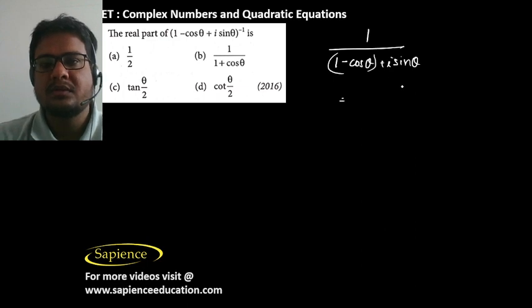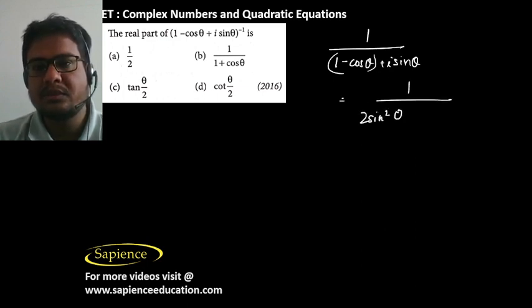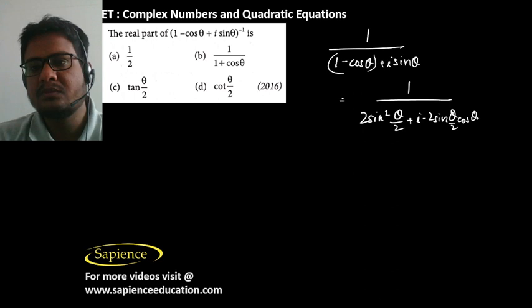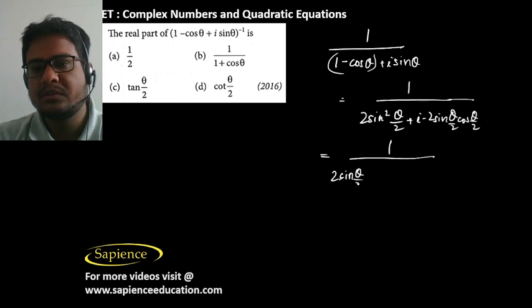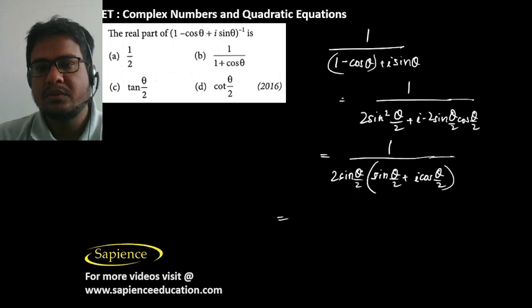Now 1 by 1 minus cos theta can be written as 2 sin square theta by 2, plus this can be written as i into 2 sin theta by 2 into cos theta by 2. Then from here 2 sin theta by 2 I can take as common. So 2 sin theta by 2 is common. Then we can write sin theta by 2 plus i cos theta by 2. So this will be 1